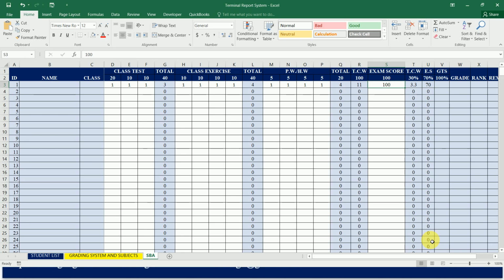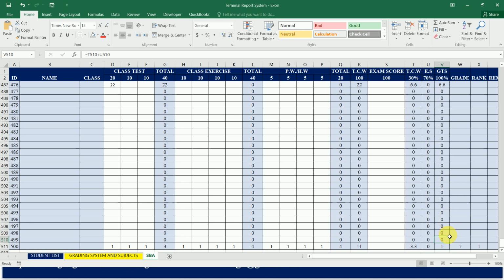So that's the beauty of it. Okay, then grand total score is 30 plus 70, so this one will be equal to this plus that. You hit enter, it is added. We do an autofill, control down arrow, then I need to include this last bit of it. Then I have to go back,